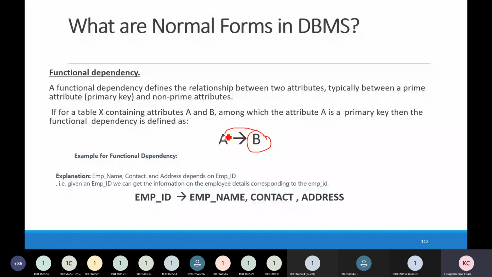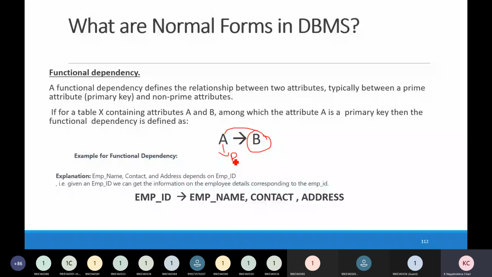Here A is called the prime attribute, so it is a primary key. All of you know the definition of primary key. A functional dependency defines the relationship between two attributes: one is a prime attribute, another one is a non-prime attribute.